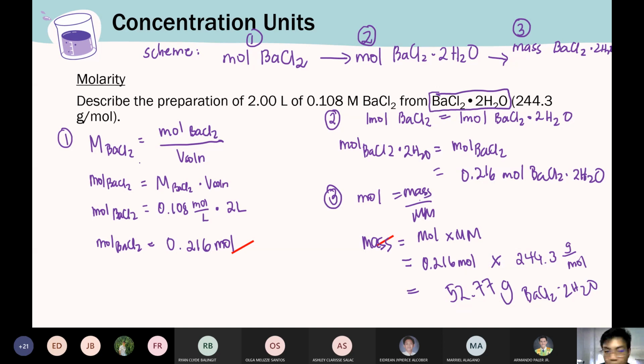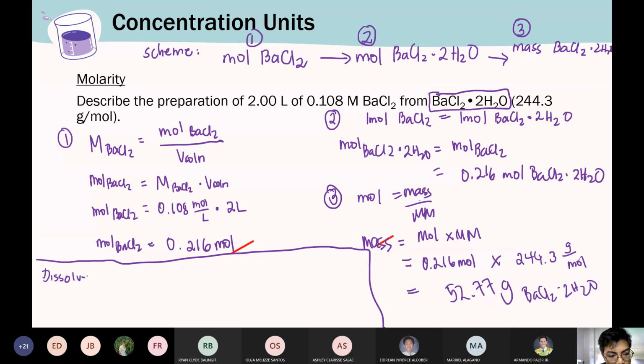Pero since sabi ng problem, describe, hindi ka lang magbibigay ng number. Okay? So ganito yung mangyayari sa problem set niya. May mga question doon na sinasabi, describe. So hindi ka lang magsasabi na yan po yung mass niyan. No? Bale, ganito gagawin niya. When you say describe, you will need to create a sentence. No? So gagawin niyo,